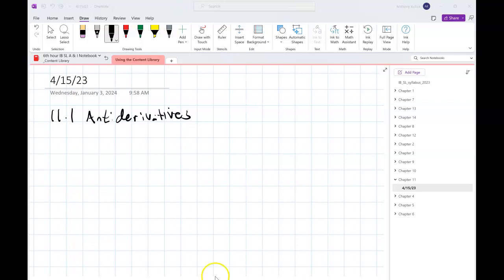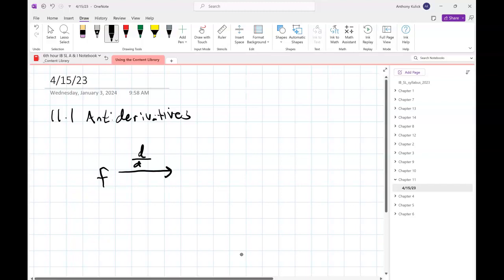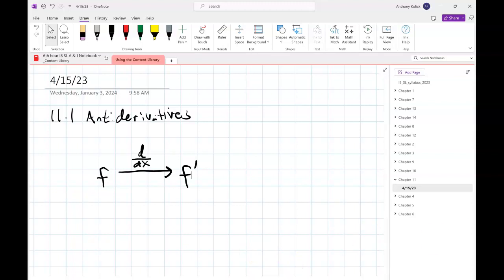So, chapter 11. This is really a continuation of chapters 9 and 10. So we saw that to go from a function to its derivative, we use this operation of d dx, right? We're doing the derivative, goes from f to f prime. If we'd like to now be able to recover